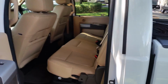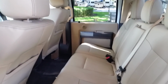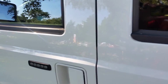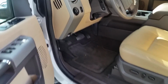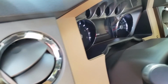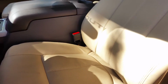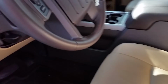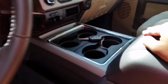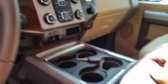It's a 4-door, lots of space in back. It's all leather seating. Keyless entry. And I believe the seats are heated seats. I mean, there's so many buttons in here I couldn't begin to explain what they all do. It has like an infotainment center, Bluetooth probably,